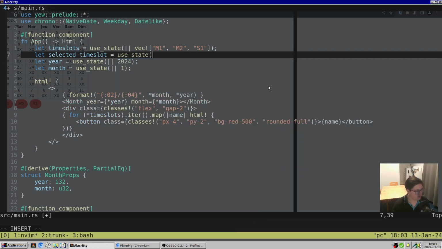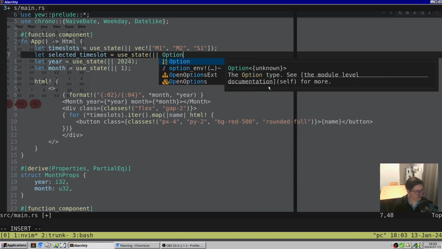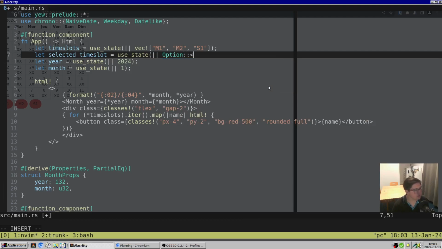Use state, and we'll say I think it should be an option. Yeah, it should be an option. Obviously that's an option and a string on this. No, maybe this and none,